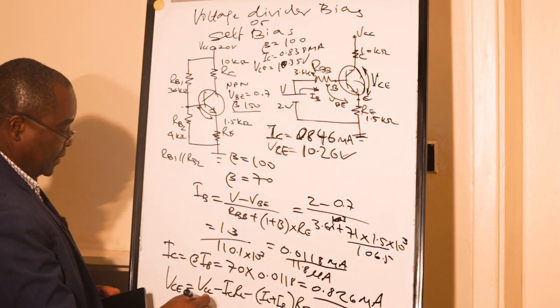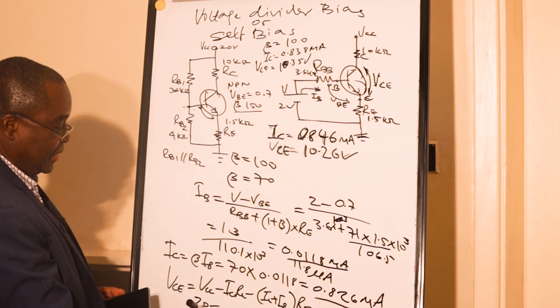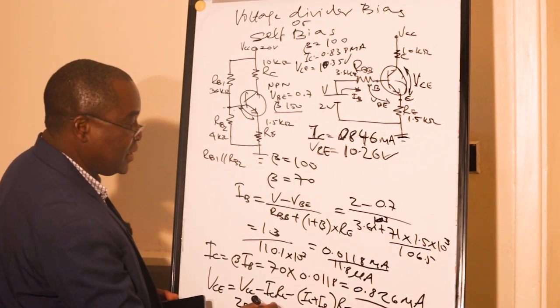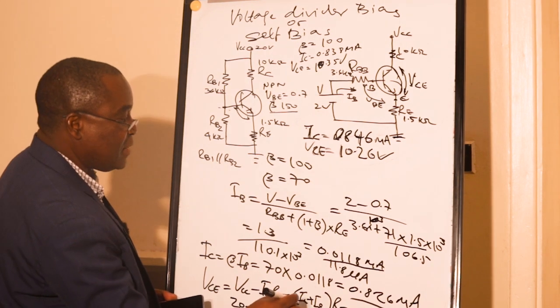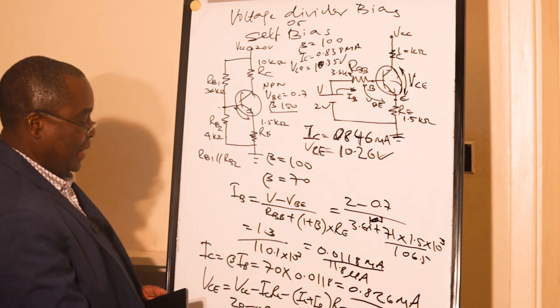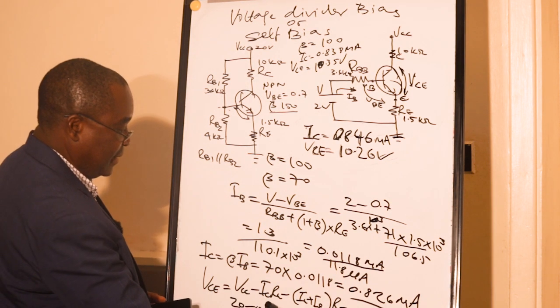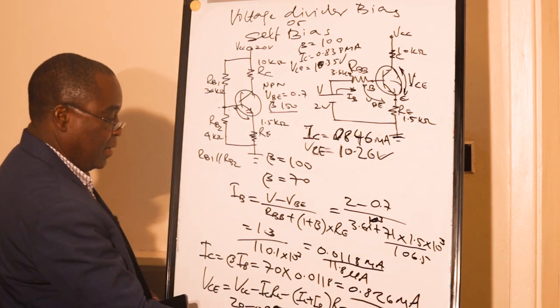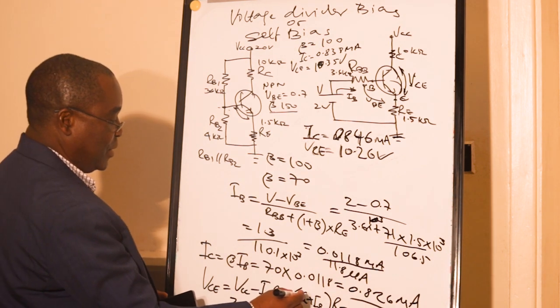So VCC is 20 minus IC RC. Our IC is 0.826 milliampere, so it's 10 power 3 minus 3 here. Our RC is 10 times 10 power 3, kilo ohms, minus